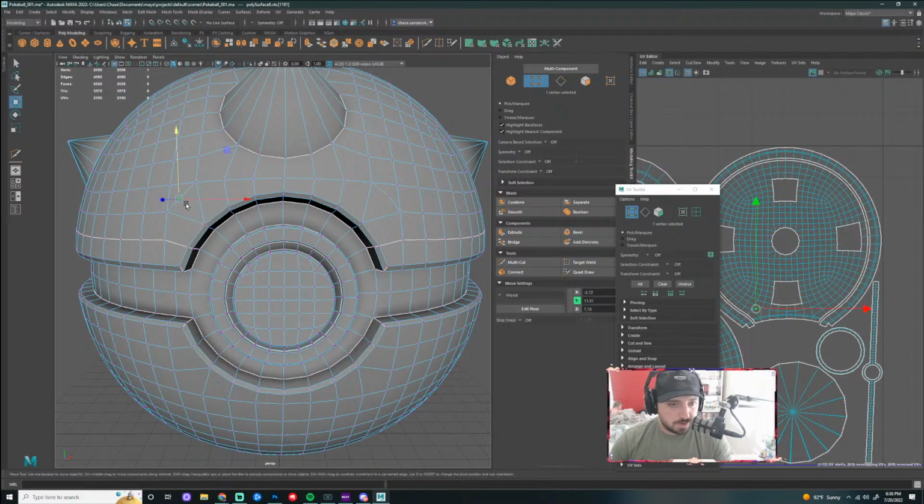And I did create an N-gon there, but it's okay. Actually, did I? 1, 2, 3, 4. I actually don't think I did. I created a triangle though, but that's okay.